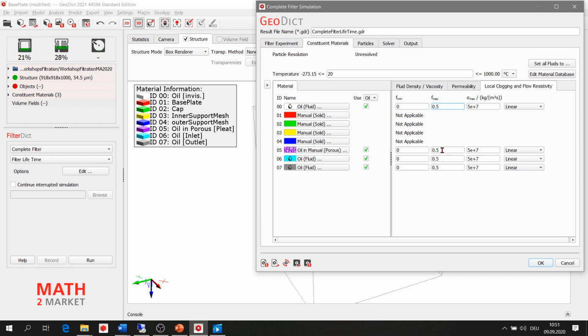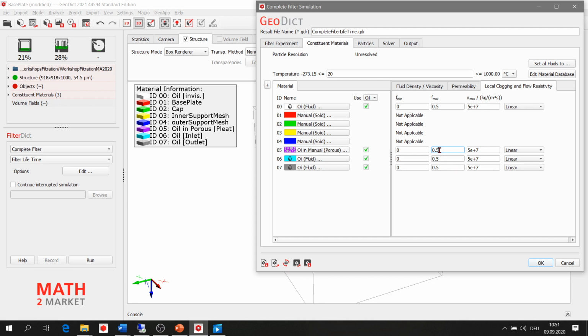These are the parameters that are also discussed in my user meeting presentation. These parameters can be obtained from resolved simulations on the microstructure of your media.